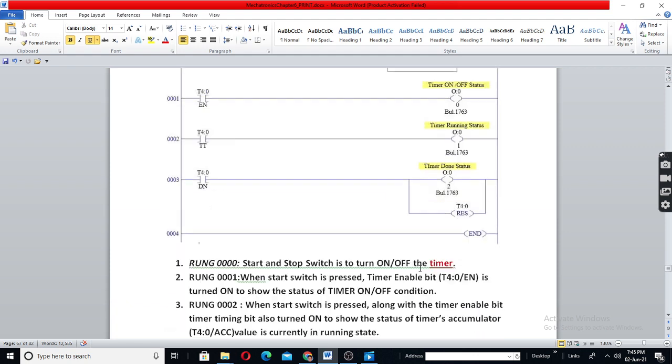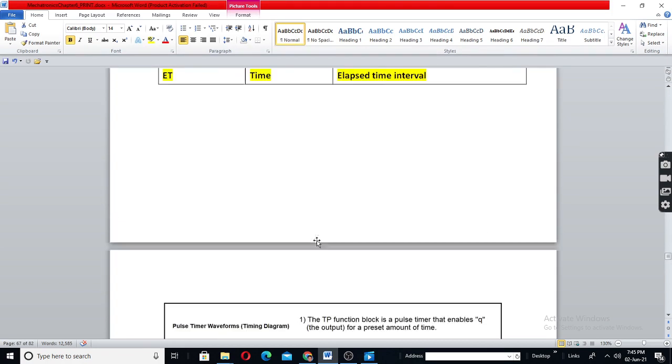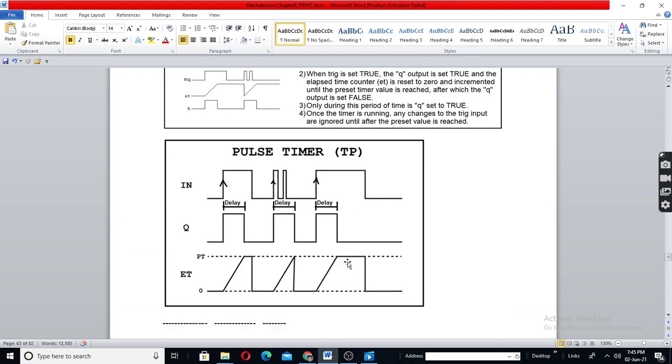See, in the pulse timer also some manufacturers have different types. It is not exactly that the output will remain like this only, irrespective of whether the input changes during the delay.